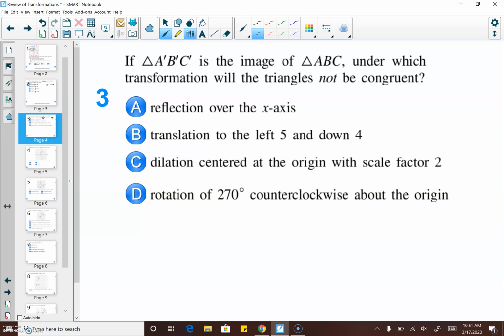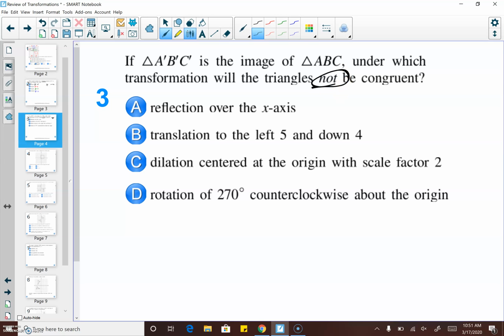If triangle A prime, B prime, C prime is the image of triangle ABC, under which transformation will the triangles not be congruent? Whenever you see the words not congruent, there's 4 transformations. There's only one of them that's not congruent. You automatically want to look for the dilation. Now you want to be careful